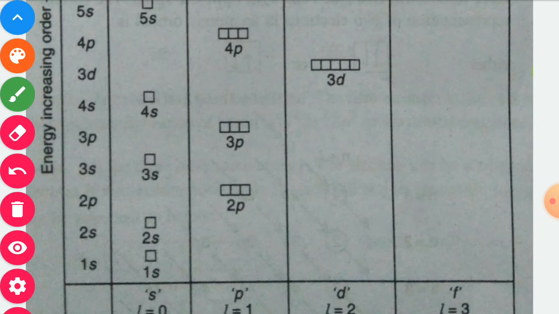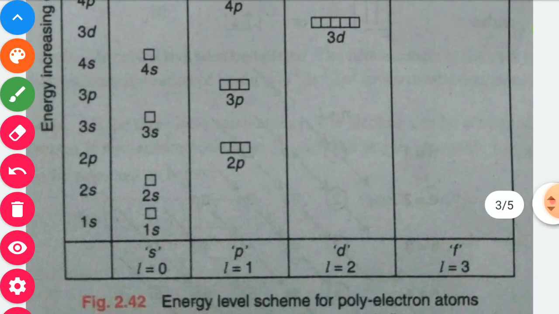So here in the first cell, the value of L is equal to 0, so it only consists of the s subcell. Since the L value is 0 for the first cell, we should write the electronic configuration as 1s. But when the L value is 1, that means the p subcell is given. At that time, if we take the principal quantum number N as 2, then it consists of 2s and 2p. Similarly in the other cases also.